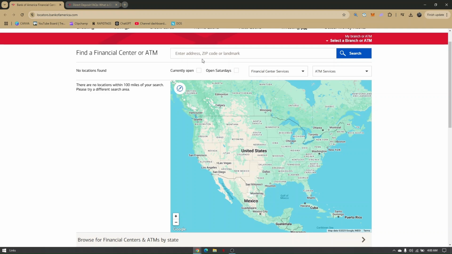So you'll have to enter your current address, zip code, or landmark. Now, you just have to tick or untick these fields right here for you to be provided with the nearest ATM machine to your location. Now, once you have successfully found it, you should be able to save time by going to that specific branch